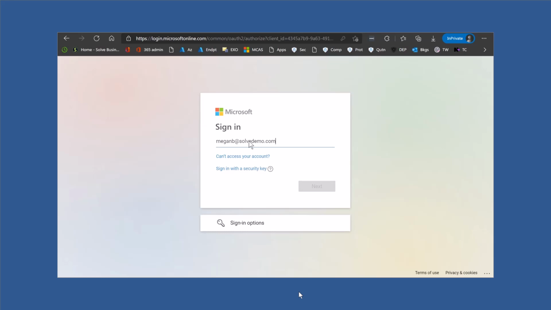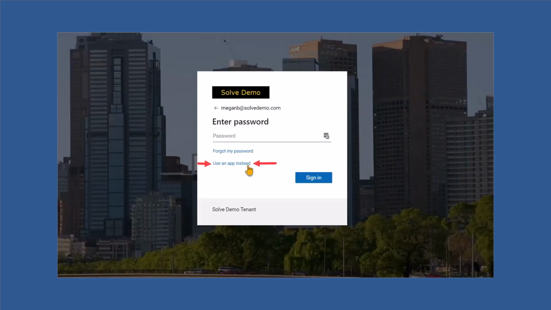Megan has already been set up for passwordless sign-in, and Megan has gone into the Microsoft Authenticator on her mobile device and tapped on the option to set up passwordless authentication. That's already been done. So at this point, when Megan hits the next button and goes to the login screen,